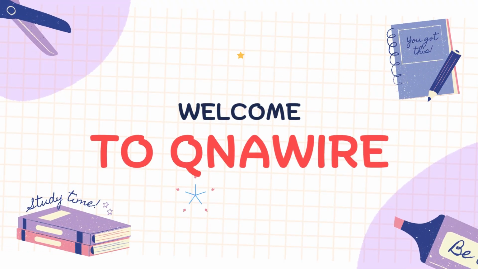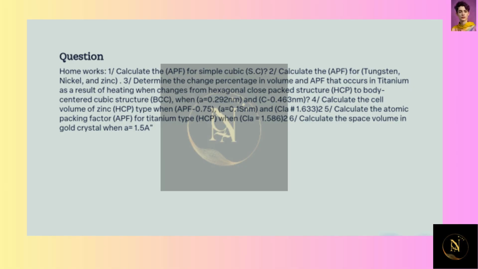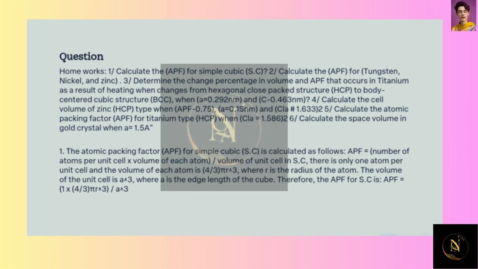Welcome to qnawire. The objective is to perform various calculations related to crystal structures, including determining APF, cell volume, and space volume. 1. The atomic packing factor APF for simple cubic SC is calculated as follows: APF equal to number